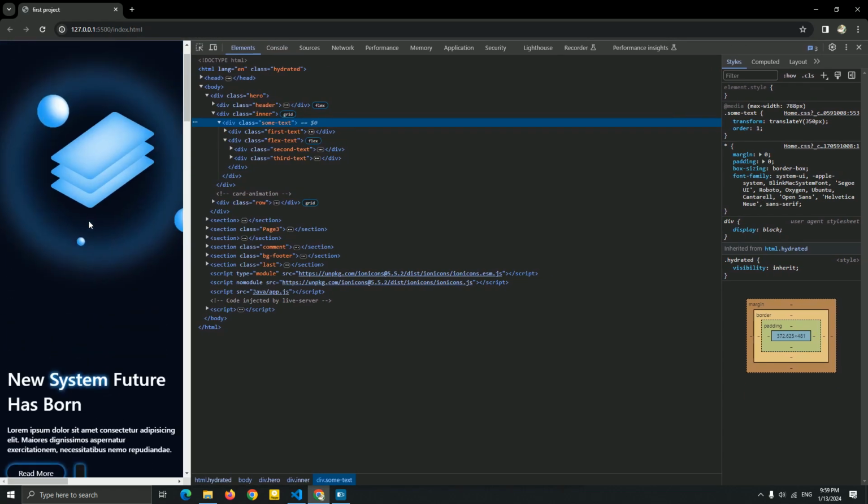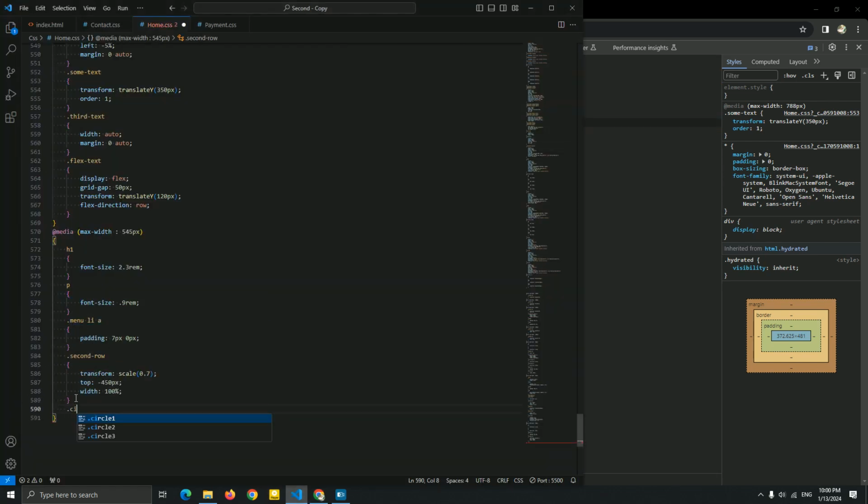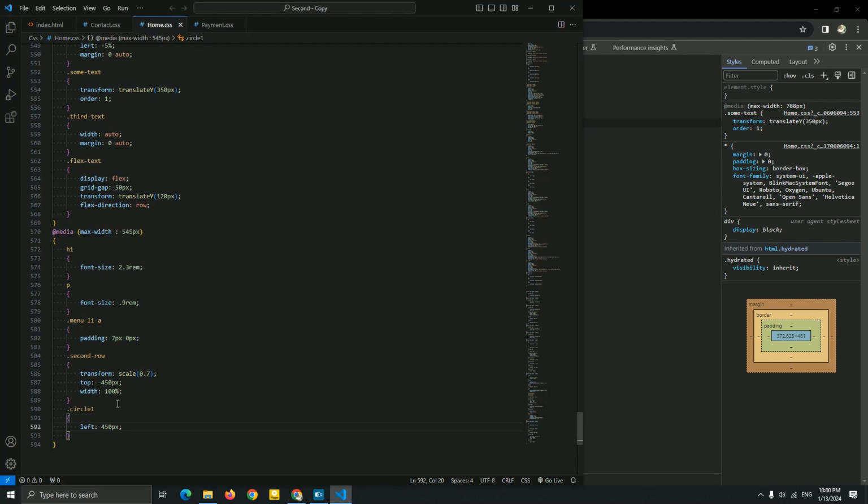So let me just fix this problem of this circle one. I'm gonna add a circle one to just add the left 450 pixel, and I just fixed it. Let me fix this some text. So some text I'm gonna just add it here right now very fast.